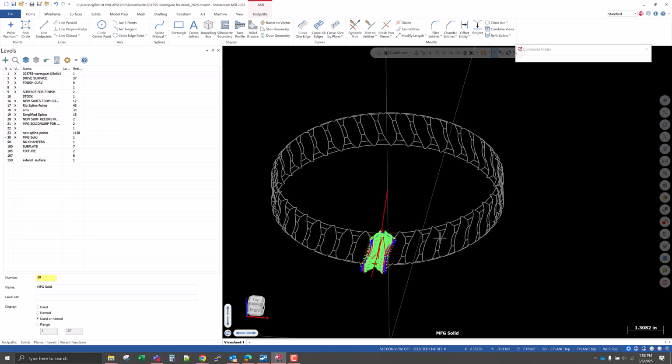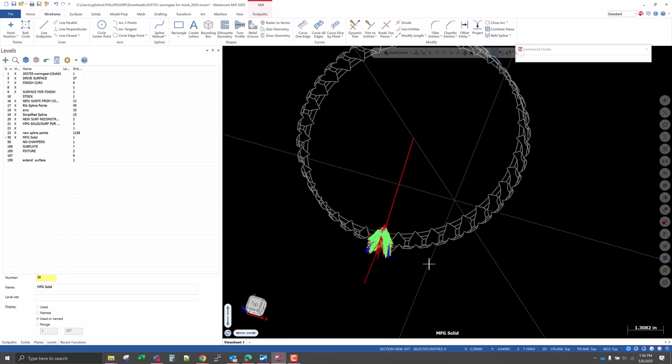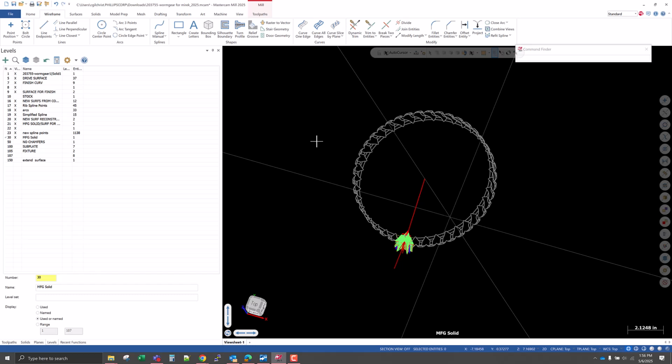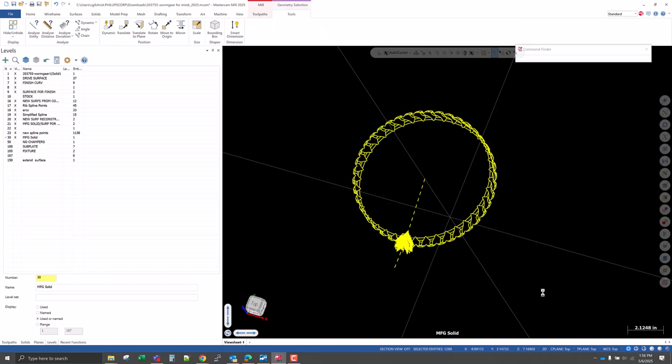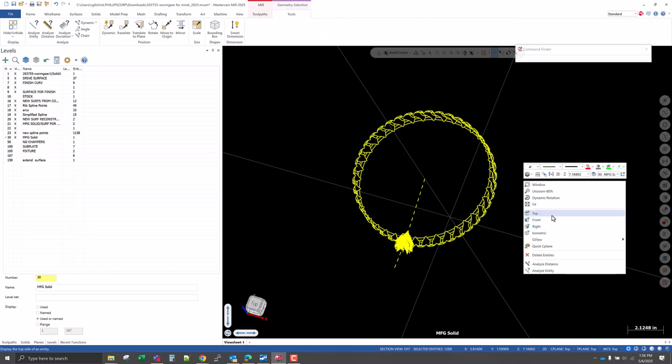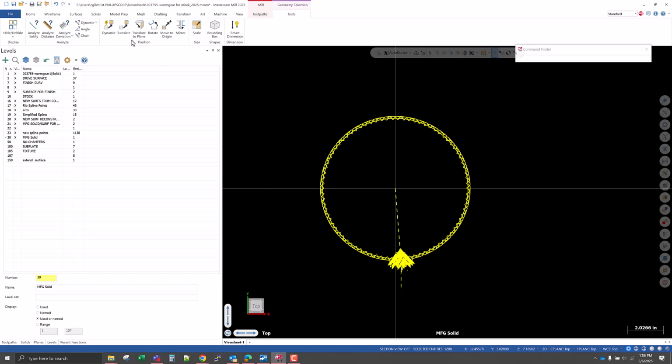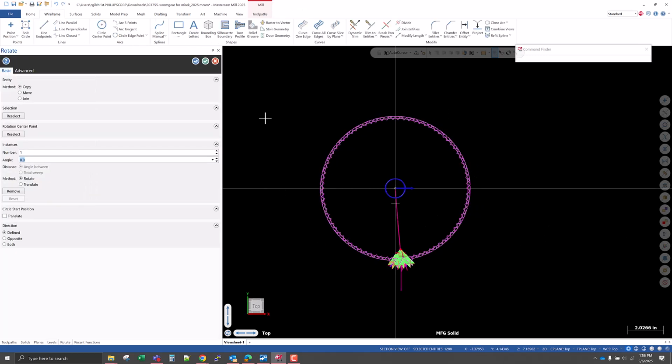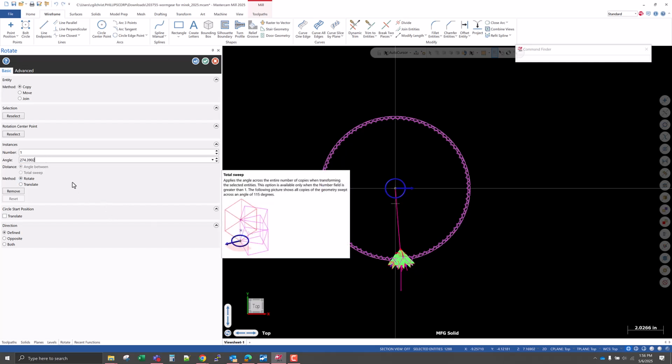Okay, that looks like pretty much everything that can and should rotate. So I'll select that. We'll look at this from the top view. We're going to do a rotation. So I'm not rotating the stock. I'm not rotating the part. I'm not rotating the fixture or anything like that. Just the geometry that needs to move. And that's going to be